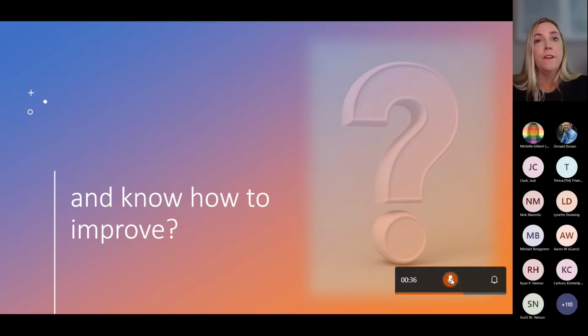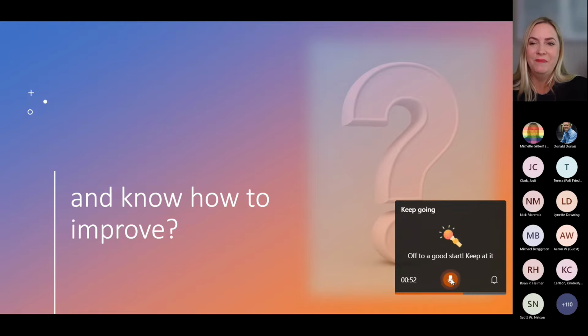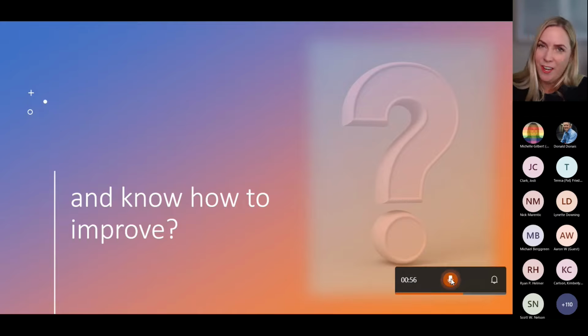If I speak very slowly, or I read exactly from the slide and don't know how to improve, it's also going to prompt me and give me instant feedback that I'm speaking a lot slower, or I'm more known to speak a lot faster. And that's usually what I'm getting the feedback on as well. So it's telling me that I'm off to a good start, to keep going. It's also very encouraging along the way for you to keep practicing.